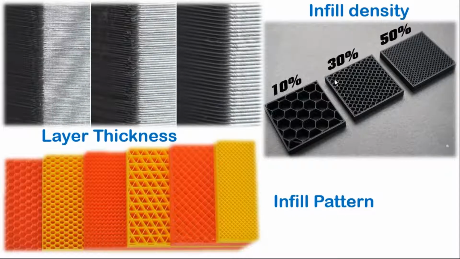Infill density is specific to 3D printing, where we can print the infill inside. If you cut a cross section of the material, you will see cross sections like this. This is a hexagonal pattern. You can see these infill patterns here: hexagonal pattern at 10%, 30%, 50%. But in ordinary machining, in ordinary parts other than 3D printing, if you cut the cross section, it is 100% infill density, completely solid. Here it is not like that. This is how we can reduce the weight of the material, by taking the infill density. As we are using less material, the material consumption will be very low.